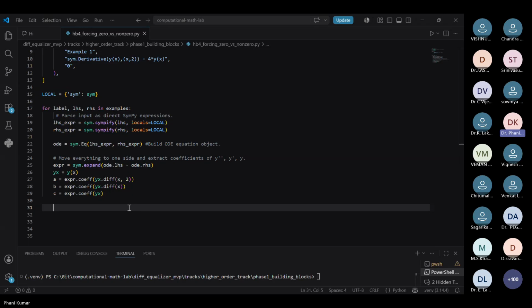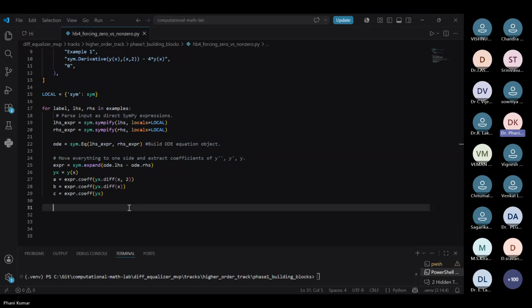Whether it is homogeneous or non-homogeneous, our first step is to find the complementary solution. How to get the complementary part? Take the homogeneous part of the non-homogeneous equation